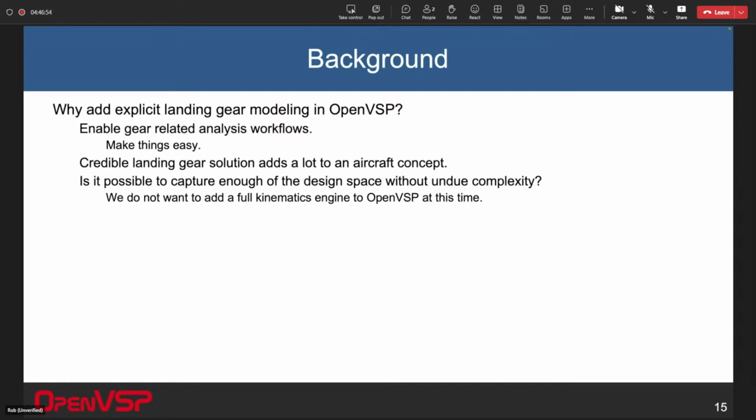So to start with, you may ask yourself, why add an explicit direct component landing gear model in OpenVSP? There's a lot of good reasons in my mind to do this. First and foremost, there's a lot of analysis we want to do with a landing gear. And if we just use a generic stack or a generic other component, then we don't know, quote unquote, in the computer science way, that that's a landing gear. So by making it a landing gear component, I can build real intelligence, not artificial intelligence, into the model